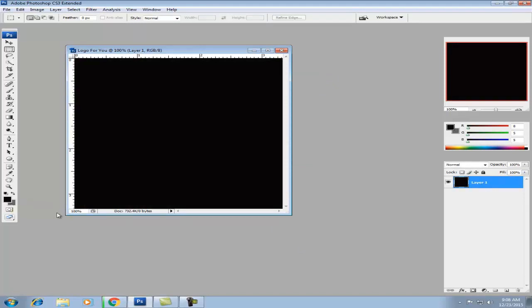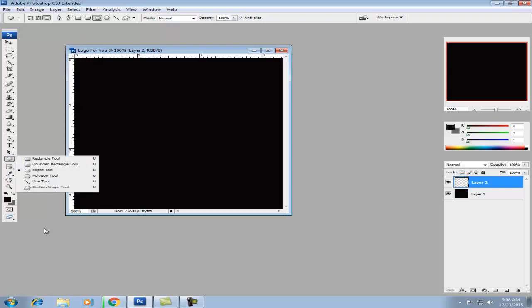Okay, so we're gonna need to put a new layer here. Click this new layer here. See it? Okay, click it. You're done. Then get your ellipse tool. How would we get our ellipse tool? There. I'm gonna need this ellipse tool. So we're gonna draw a circle. We don't need a perfect circle, just a circle. This one.